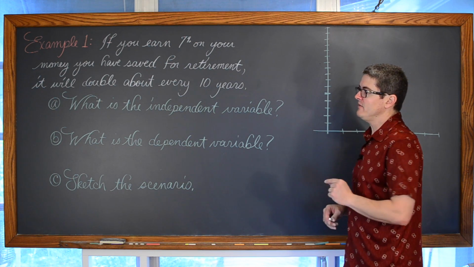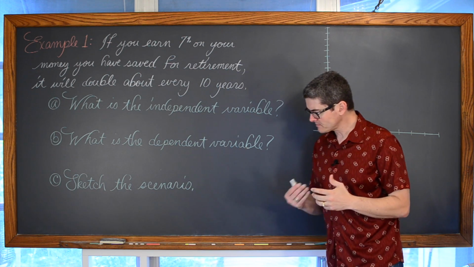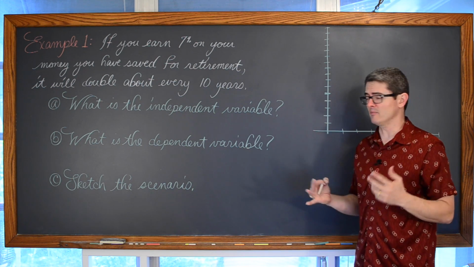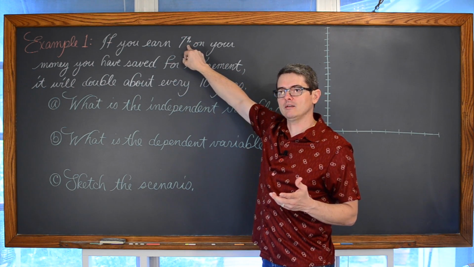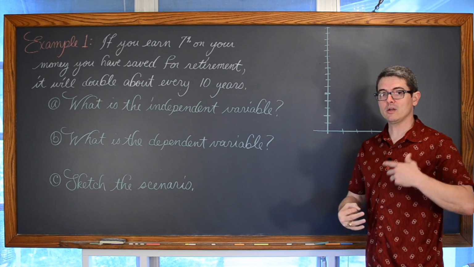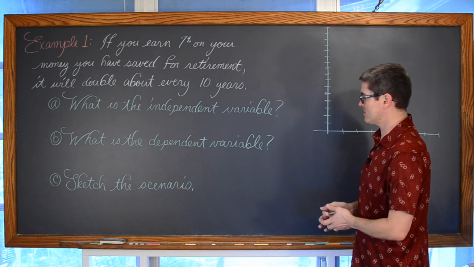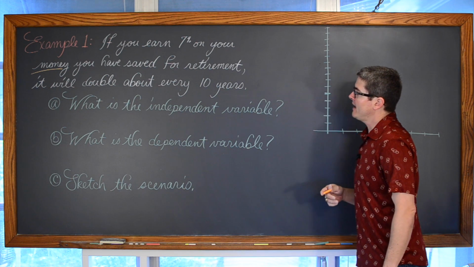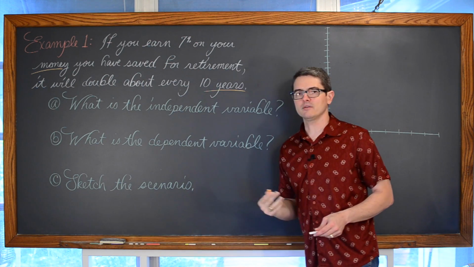Okay, so in this scenario of you saving for retirement and that money growing by 7% a year, if you could manage that through investments over a long-term average, what is going to be the independent variable? What are the variables? If you earn 7%, that's a percentage, a type of variable, and if I had actually given you formulas and not just talked about relationships between variables and some vocabulary, we could use that percent to actually calculate something. But then we go on to read, it's talking about an amount of money that we have for retirement, and it will double about every 10 years. So the other variable has something to do with a period of time.